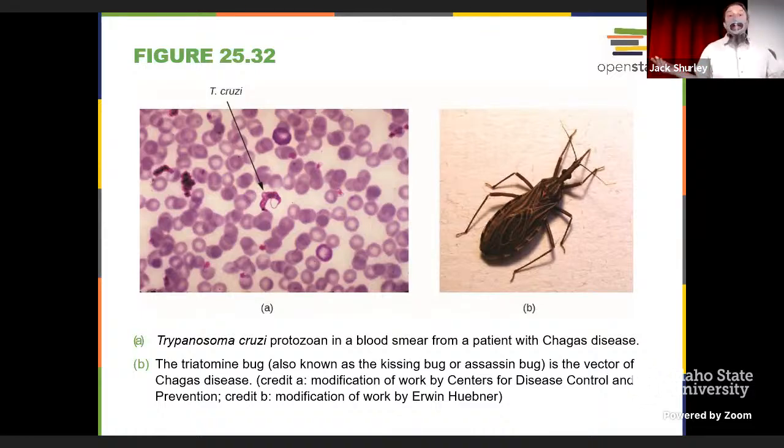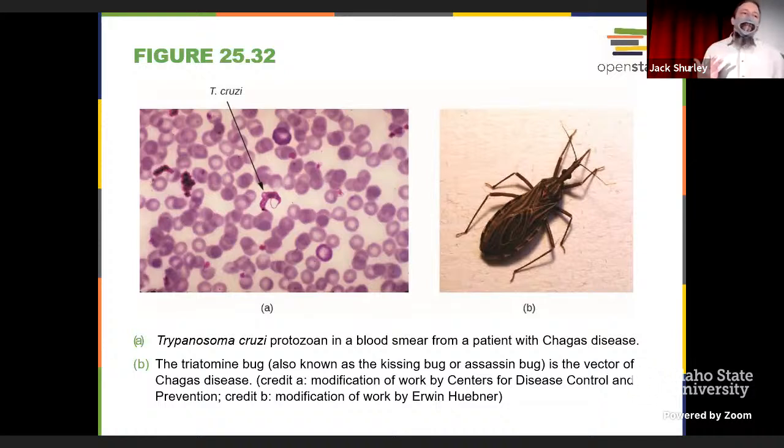And like I said, you don't know it. As they feed on you, the bite is painless, all right? So in the process of doing this, they defecate. If that feces makes its way into the wound, it inoculates it. You see a bump that we call a chagoma, and that's your first sign that something's happened, all right?